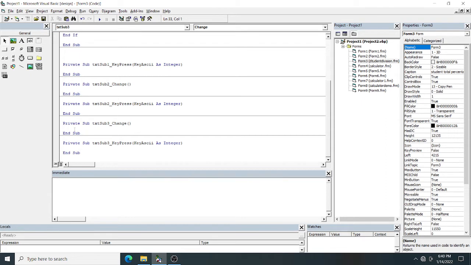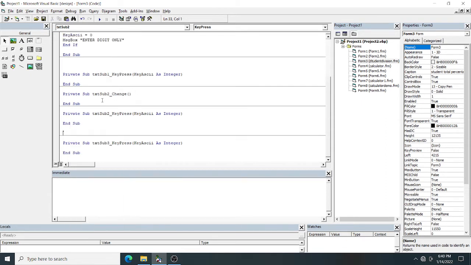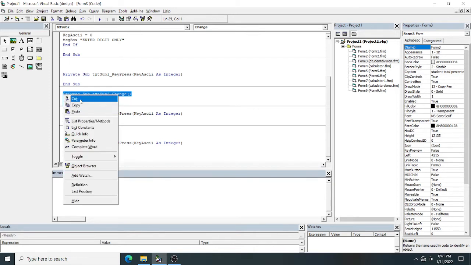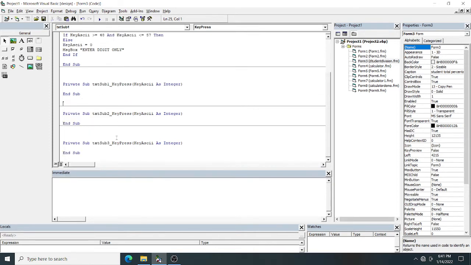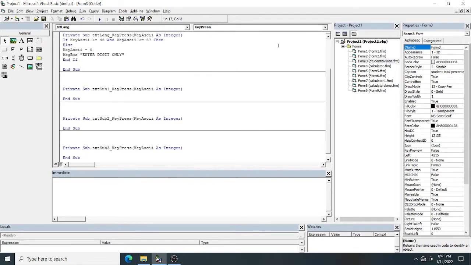So what do you have to do now? You have to do only copy paste. What you don't want, you just select it, press with your left mouse button, and then cut. So subject 1, subject 2, subject 3. Which one do I want? I want the language text, it is there, key press event.